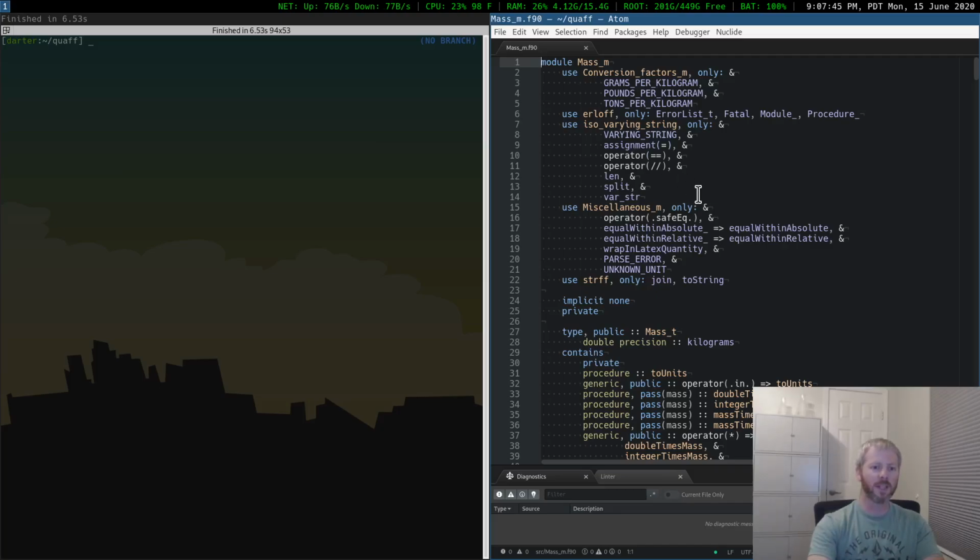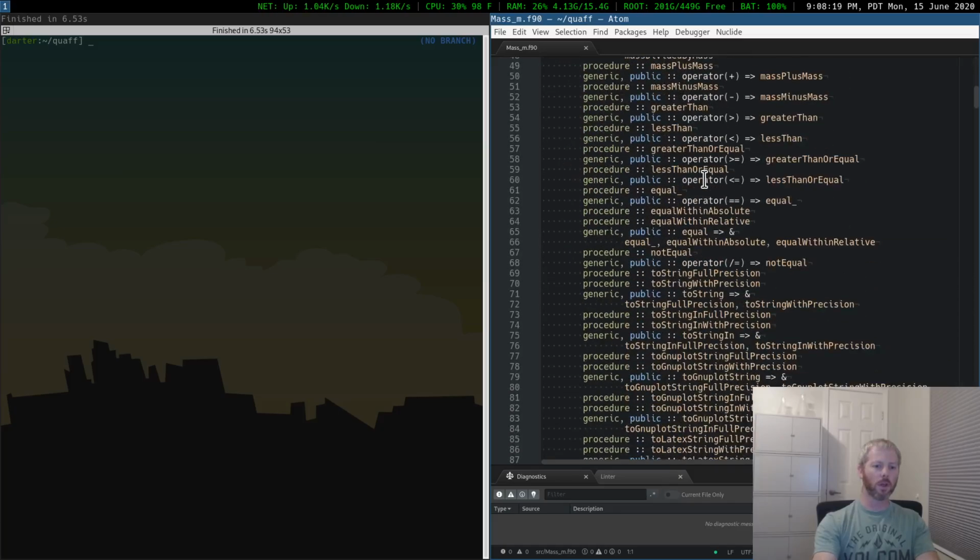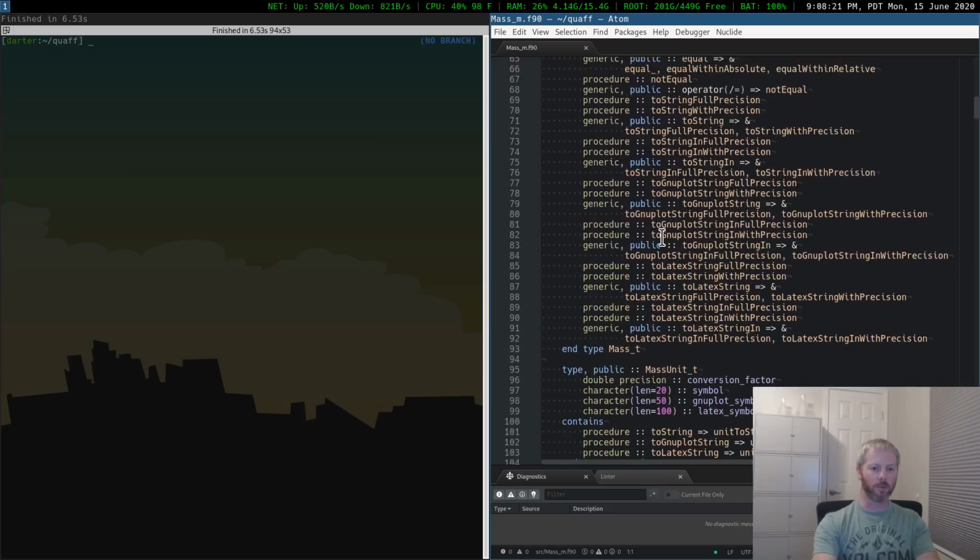So the basic idea here was that I was supporting some various formatting aspects of how you might want to convert a quantity into a string or convert a string back into a quantity, right? Because it's a number with some units associated with it. And so I was supporting some various formats for that. But it just wasn't quite the right way to do this. So to identify the problem here,